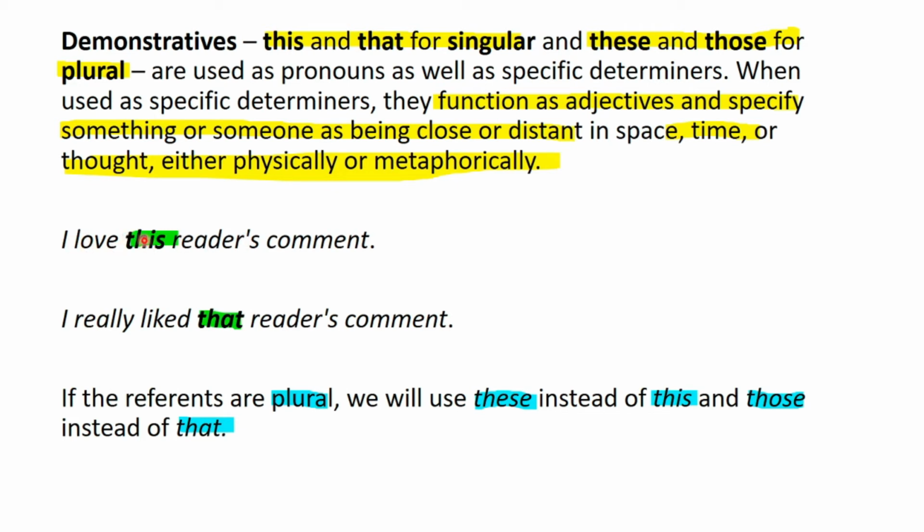The demonstrative this is specifying the reader, and it is specifying the reader as being close in space, time, or thought, either physically or metaphorically. In the other example, I really liked that reader's comment. That is specifying the reader as distant in space, time, or thought, either physically or metaphorically. If this noun phrase was plural, this would have been replaced by these, and that would have been replaced by